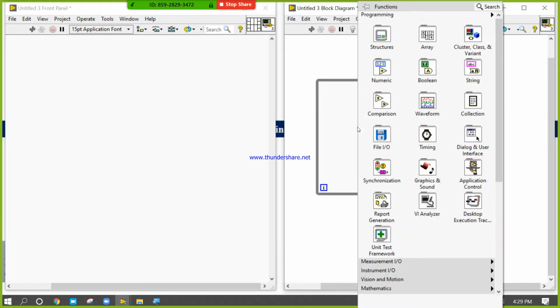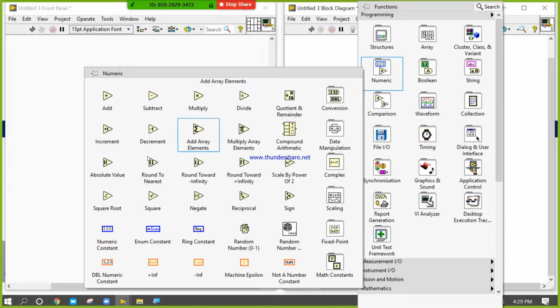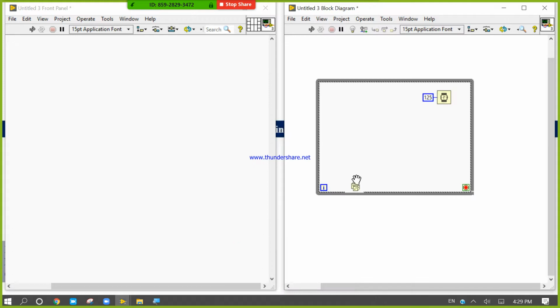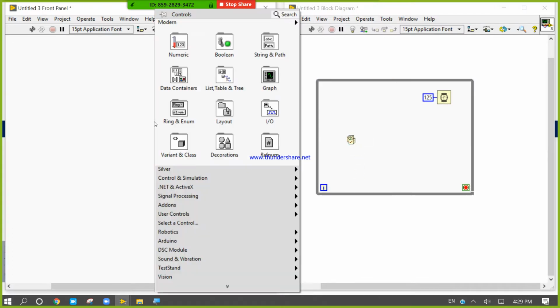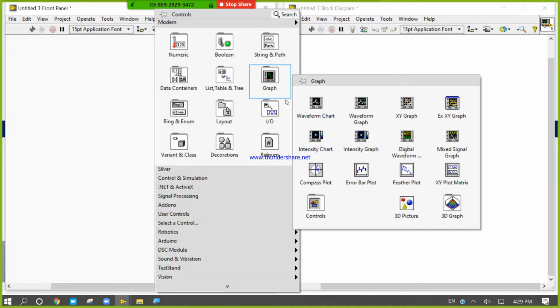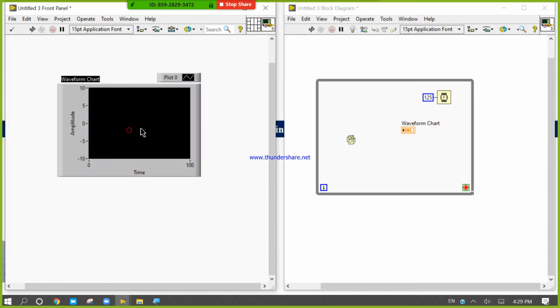Now right click, come to numeric, take the random number generator, place inside, right click, take a waveform chart and place it.